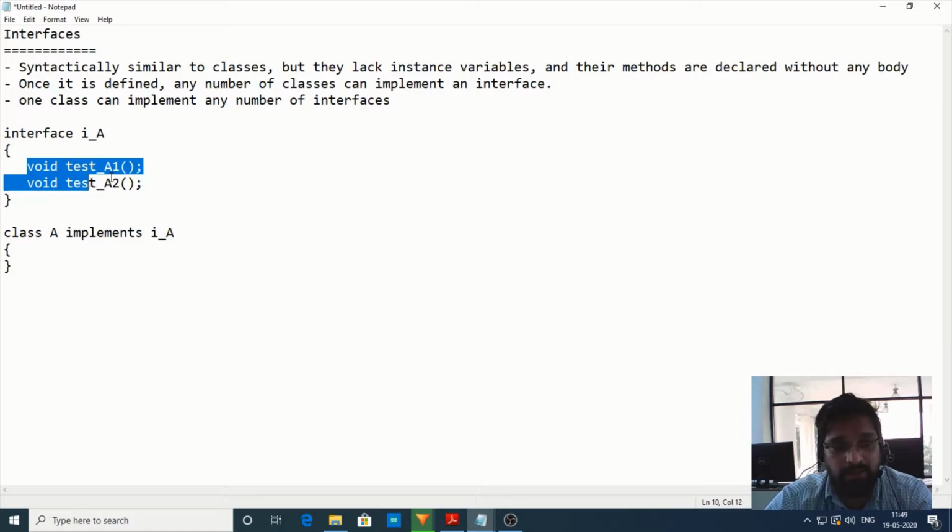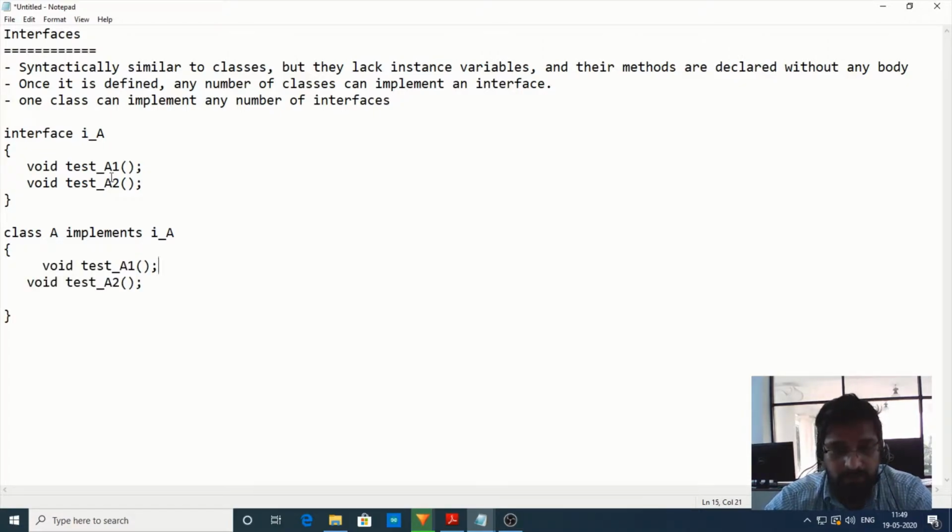So right now my class A is trying to implement an interface called I_A. So therefore my class A needs to implement all the methods which are present in the interface called I_A. So how can it implement?